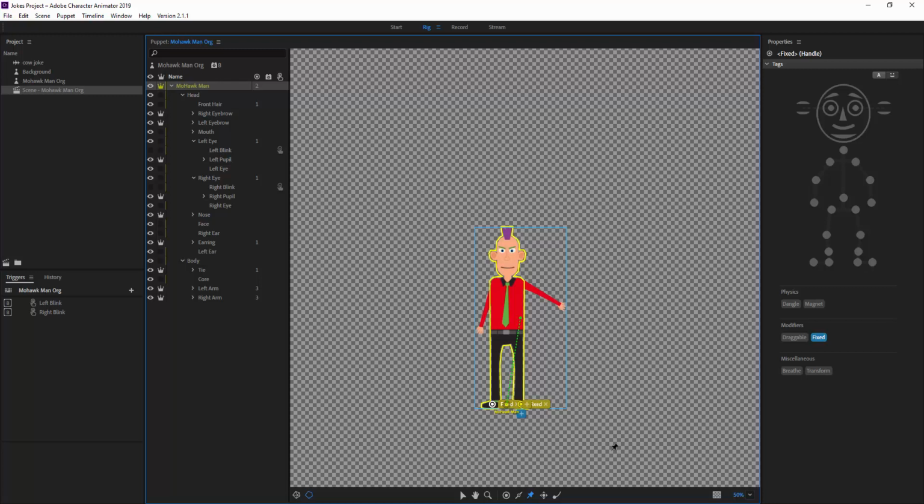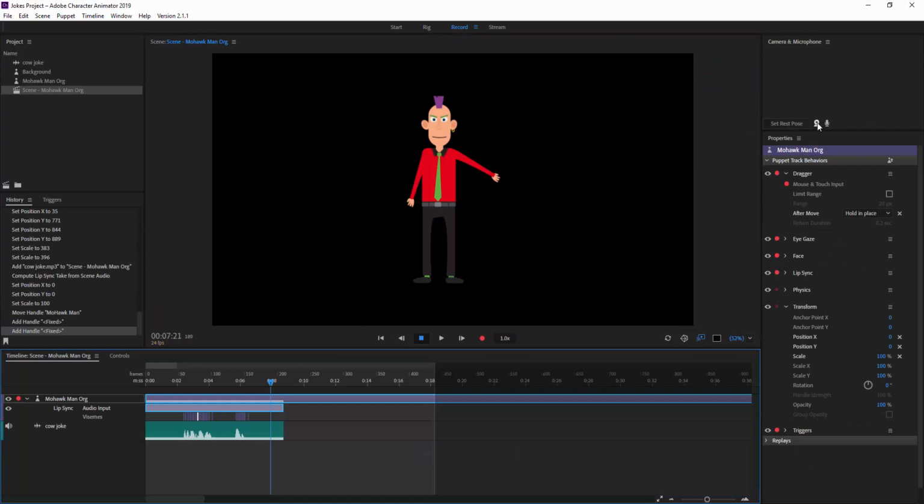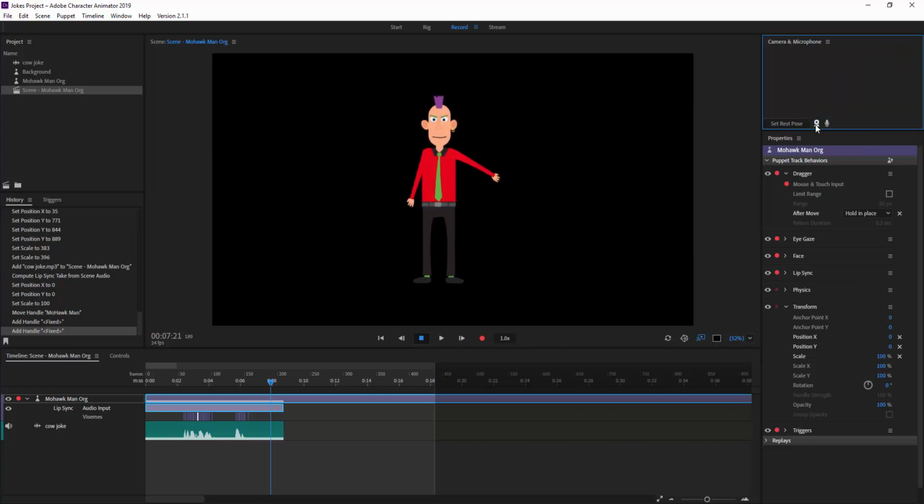So if I go back to record, and I turn my camera on now, and I sway back and forth, he should kind of sway back and forth, but his feet should stay in the same spot. So I'm going to turn that back on. And now as I sway back and forth, he stays in place. If I wiggle a little bit, his tie is dangling. Everything looks good. So I'm going to turn this off for a second,